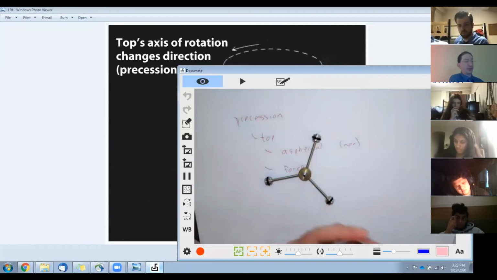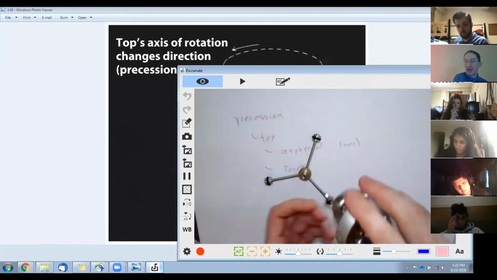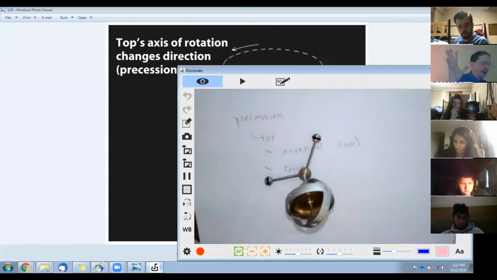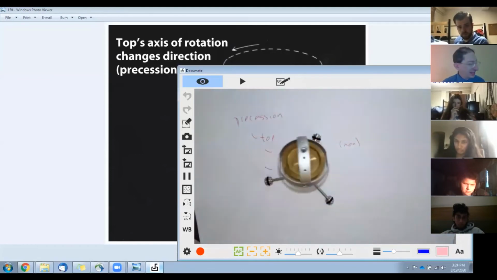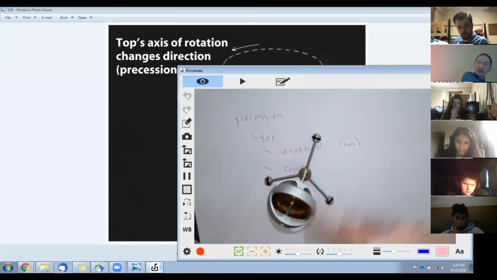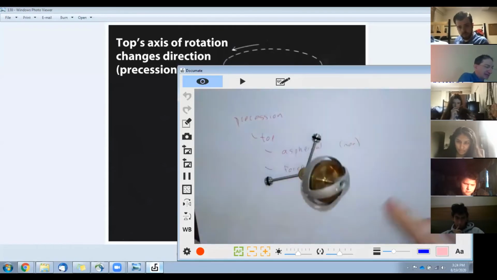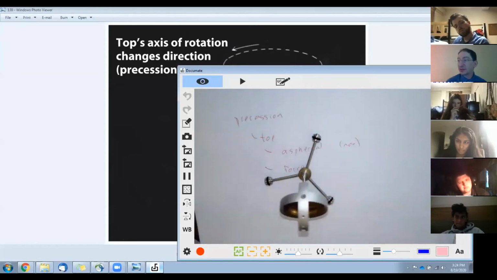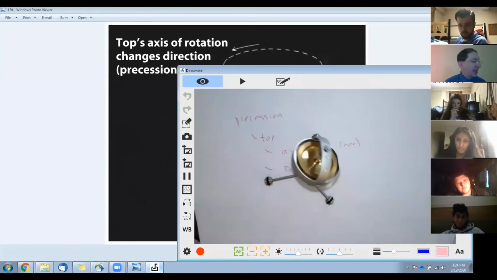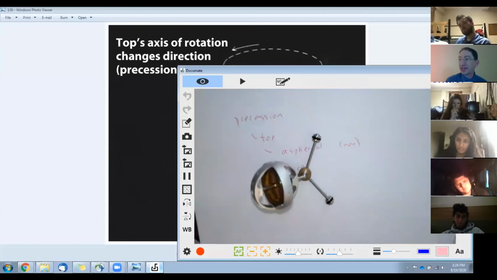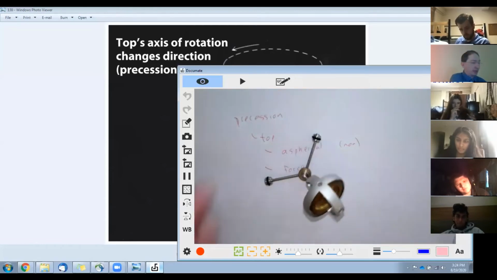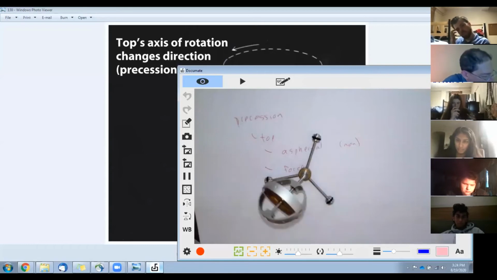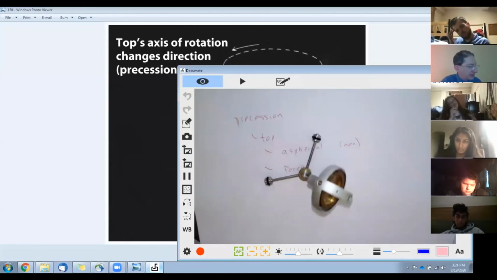And it's trying to precess in my hand. It's weird. It's like jumping around. I'll put it with a certain tilt there and let go, and it doesn't fall over. It's precessing. So the top part is spinning inside really, really fast. It's precessing more slowly. And the speed at which it precesses depends on how aspherical it is and what force is acting on it. In this case, it's the force of gravity pulling downward. Now there's friction, so it's losing energy, and it's tipping over more and more as it does.